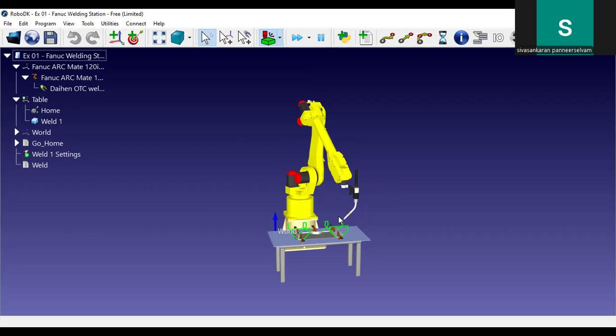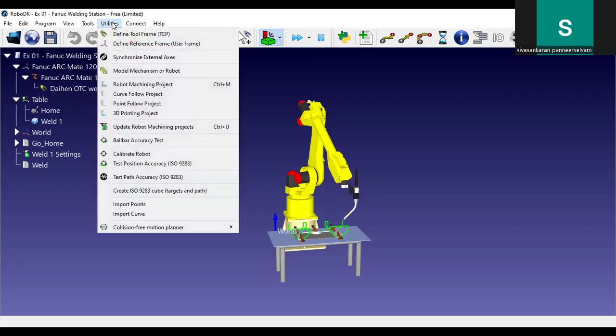By doing that collision mapping planner, we can design the work cell in such a way that the robot arm will not collide with any neighboring obstacles, such that it is able to stay within the reachable unit. So let us see the collision mapping planner exercise by choosing the utilities menu, clicking collision free motion planner,